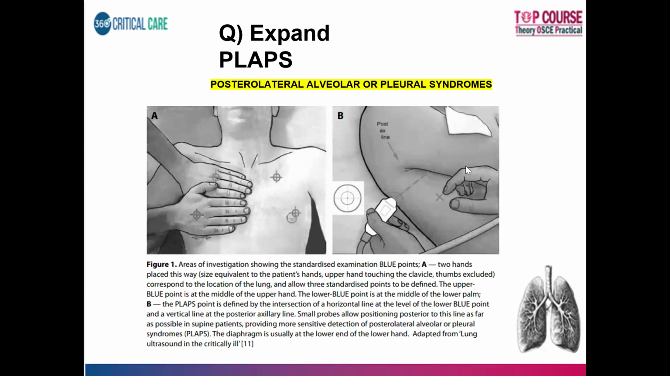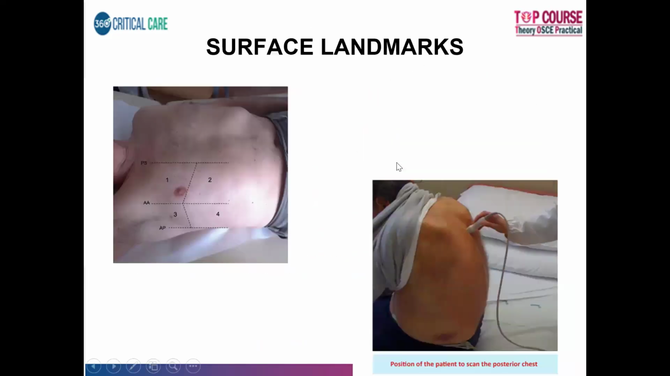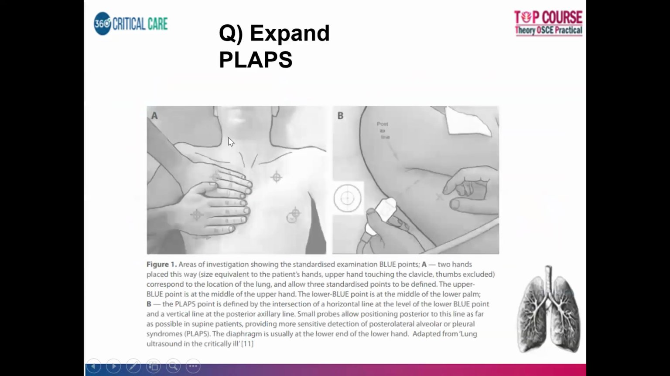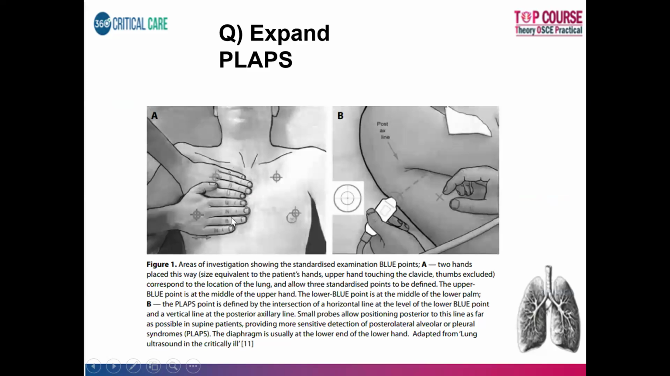Earlier I spoke about landmarks, when we talked about the parasternal line, anterior axillary line, posterior axillary line, and the horizontal line at the level of the nipple. Similarly, there is another method wherein you use two hands. Here you must notice that the thumbs are not included. Usually the four fingers of each hand are placed. The upper hand is just below the level of the clavicle, and the lower